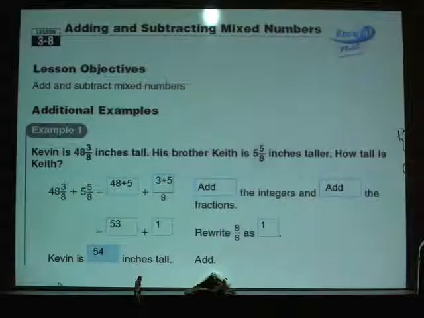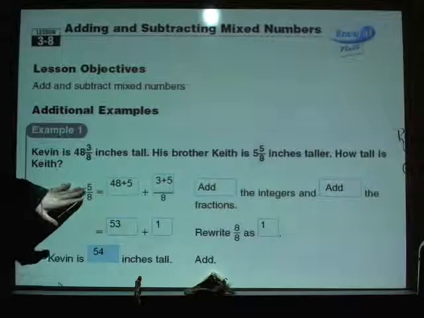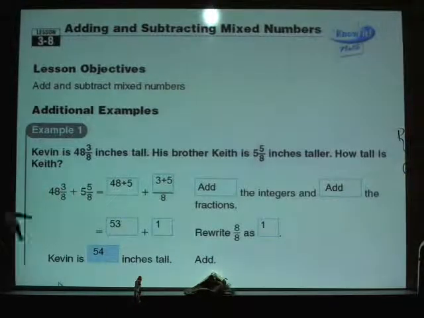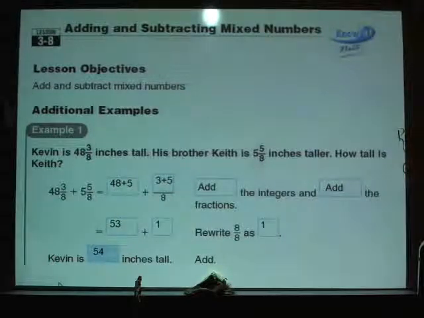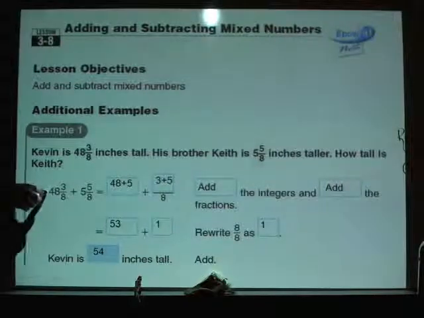So as you can see, what they do is they break this question down into a couple parts. They want you to put the whole number parts together, the 48 and the 5, and they want you to put the fraction parts together, the 3/8 and the 5/8. And then after you take care of each of those pieces of the problem, you're going to recombine them and have one answer at the end. Now, of course, the whole number parts, that's not a big deal. But when you have the fraction parts, you might have to get a common denominator in that step like we did yesterday. So let's start with the 48 and the 5 here,